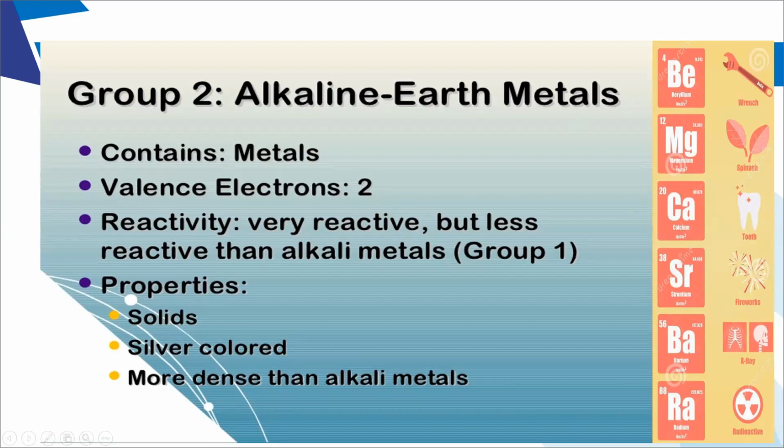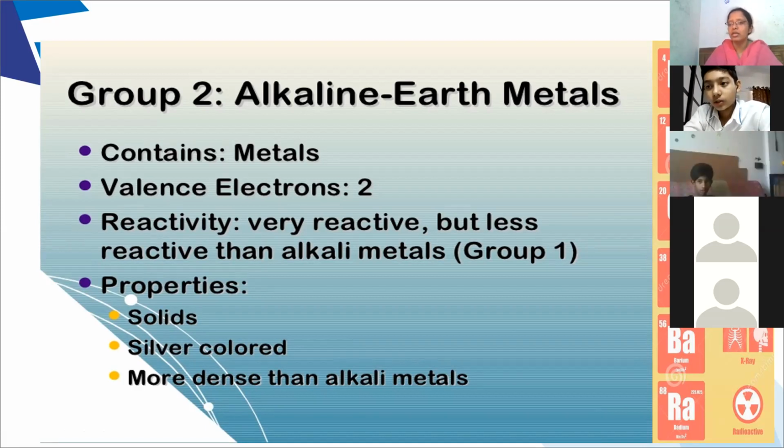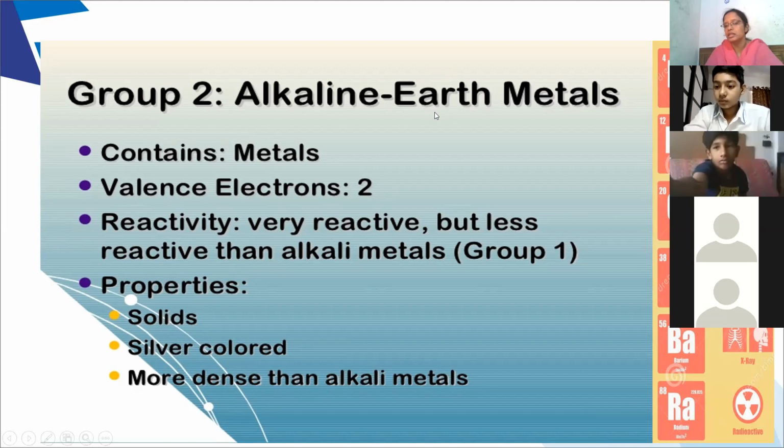For example, limestone. Can anyone tell what is the formula of limestone? The marble which we get is also CaCO3. Yes, marble is CaCO3. Chalk also is a form of calcium carbonate. So generally they are the main constituents of all the minerals which are found in the earth crust. Therefore, they are called alkaline earth metals.